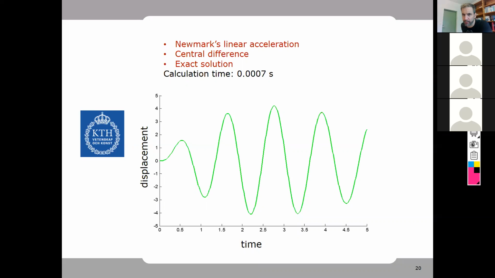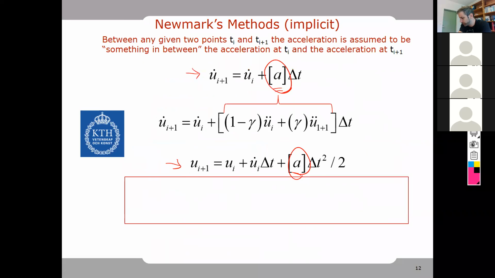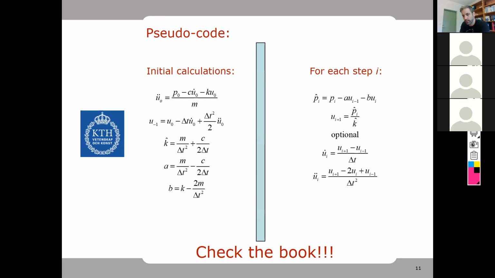When we have multiple degrees of freedom, then we maybe have to start thinking more about the delta t. And that is for a reason. If we go back to this slide,